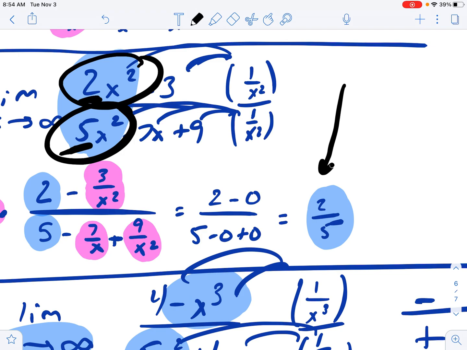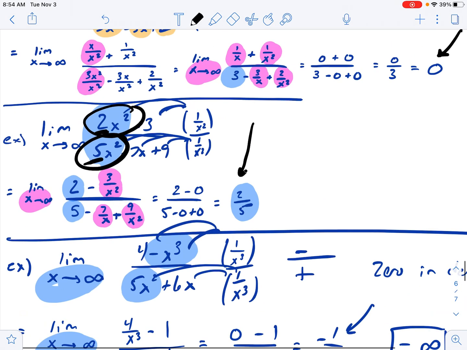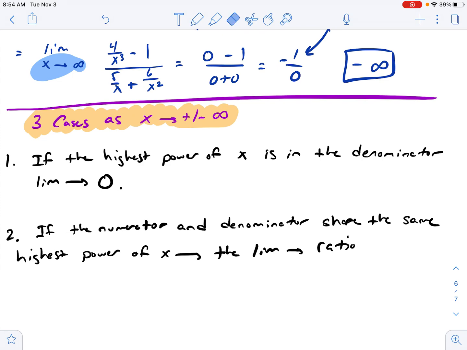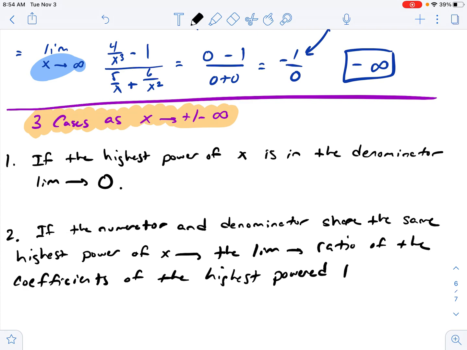We got back the coefficients of the highest powered terms of x on top and bottom. So the limit will approach the ratio, that's a fraction, the ratio of the coefficients of the highest powered terms in numerator